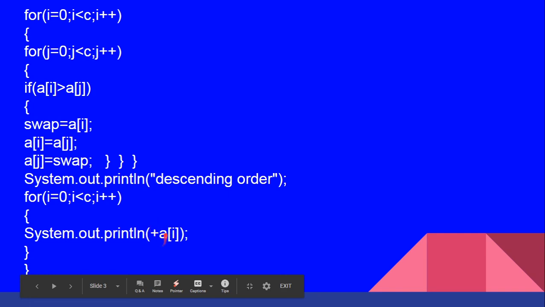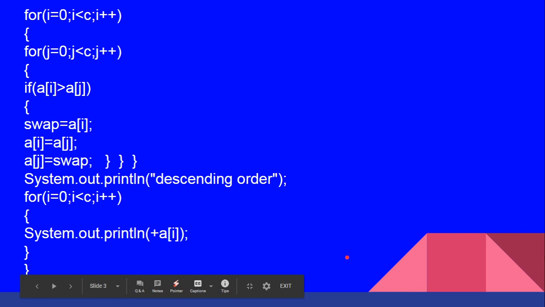Suppose for a single element we always use it without this plus. Now it is an array of elements, so it will keep on adding one element. Adding means it will print one element, next element, and the next consecutive elements are printed. For that it is giving us plus a of i. First, the first element will be printed. Then when i becomes the next value, the next element will be printed, and so on. Likewise first, second, third, fourth, and all the values will be printed on the screen. And then close the braces for this open brace, and these two braces for the public static void main and the class brace. So that's all the program logic.